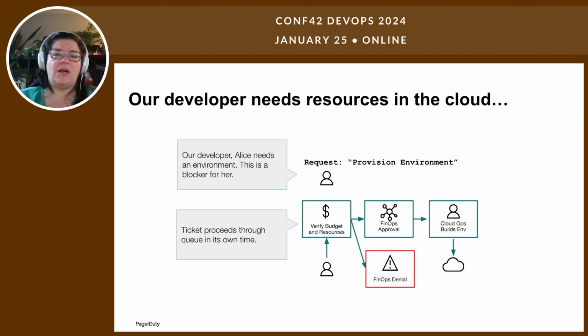We want to make sure that all the boxes are checked, that we're using the most recent security profiles, that we're using the right firewall rules, that we're following all of the rules and regulations and financial guidelines and all of those other things, but it just takes time away from getting work done. And Alice should be continuing on her development journey. They are getting more stuff done. She wants to get back to work so she can ship more awesome features. So we need a way of dealing with getting through all of this stuff.